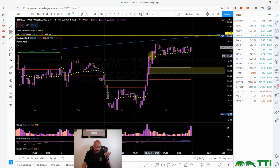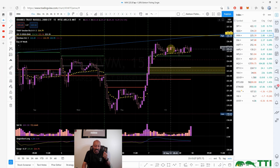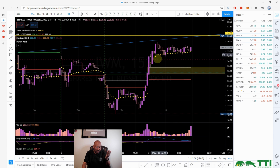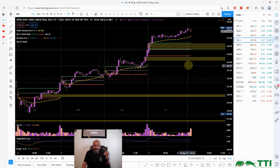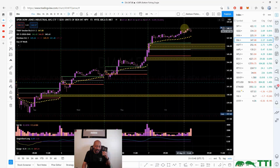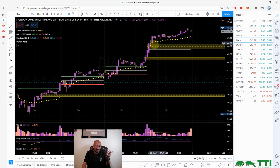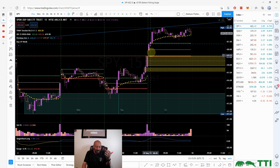So good, it was good, but we were coming against that imbalance, so I was not about to take any trade in IWM, but it turned out to be a pretty good day for IWM. In the diamonds, we were far away from any imbalance. We just kept making new higher highs, and I felt the SPYs were a little bit stronger by just how they were setting up, like a strong come down here, strong up, and then just keep pushing up. And in the diamonds,